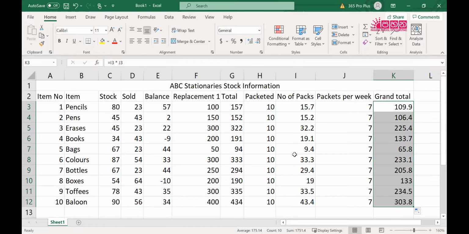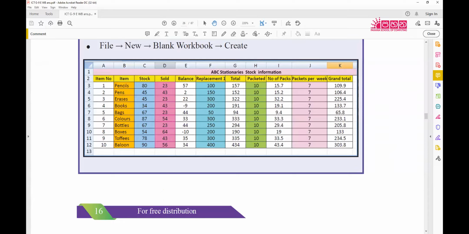The next step would be formatting this one. So I hope you can do it quickly, right? I'm not going to explain that part. Again, I will show you that. But once you finish it, I want you to send me a screenshot of your spreadsheet to WhatsApp, right? So I'll wait until you send me the WhatsApp message. Once you finish all the formatting, but if you have any difficulty, let me know in the chat, or you can even talk to me.